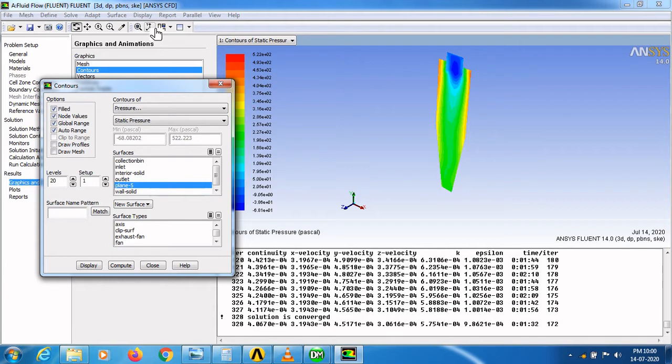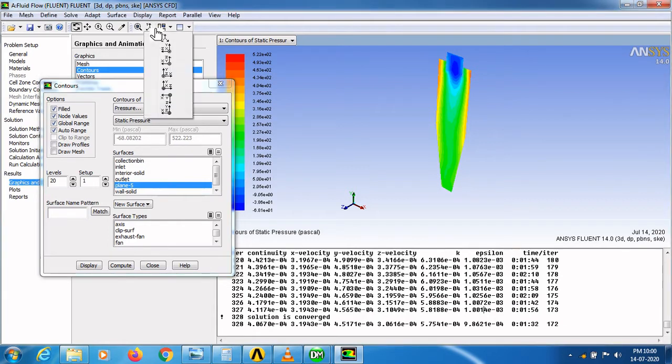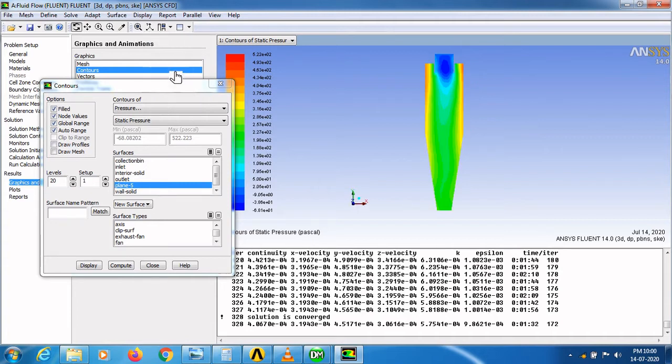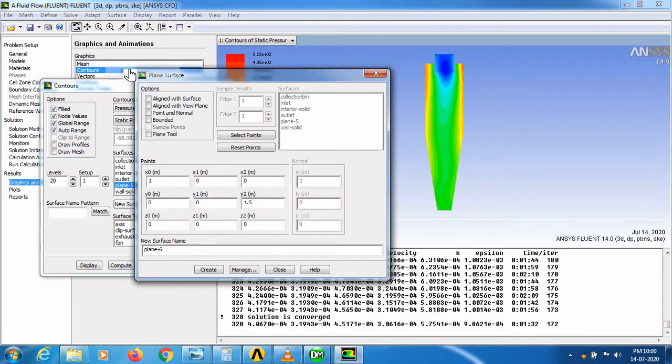Go to viewing option. Here you have to select y-axis, y-x plane. Now you can see the created y-x plane at the center of the cyclone separator. And go to surface, click plane. Now you can modify the value.